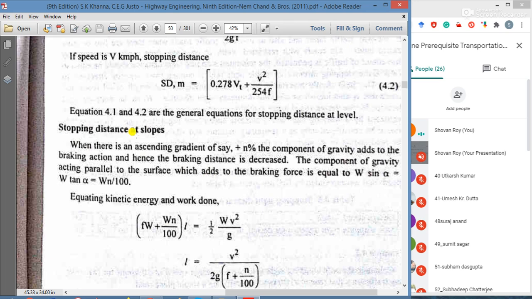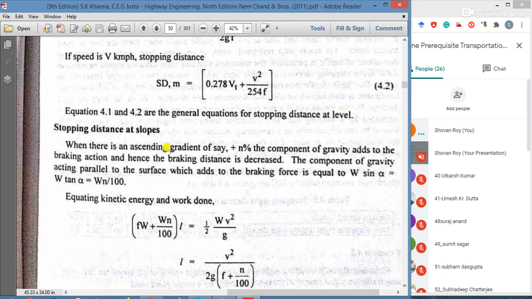When there is an ascending gradient, positive gradient, up gradient, of say positive n%, the component of gravity adds to the braking action